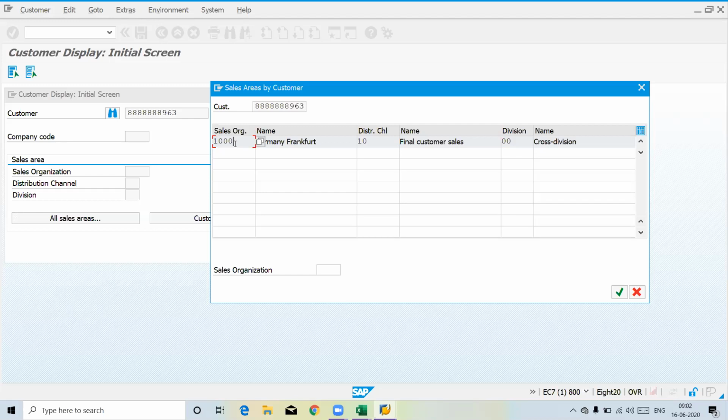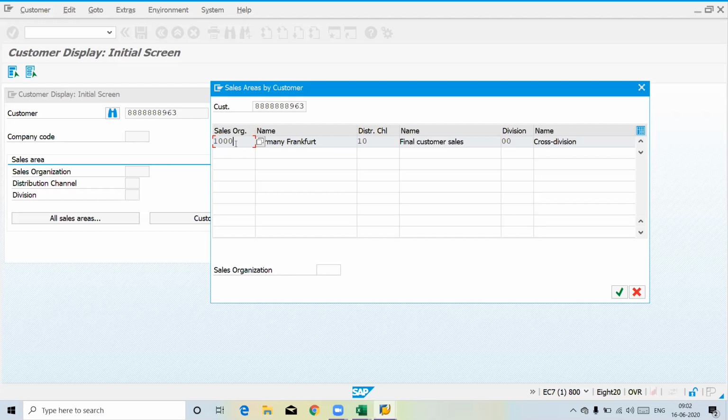One sales organization is responsible for electrical goods, another, 2000, is responsible for retail, your clothes and all, and 3000, one more sales organization, is responsible for electronic goods. So the customer is not restricted to buying one product; if he is associated with 1000, 2000, 3000, he can buy products from all three sales organizations.